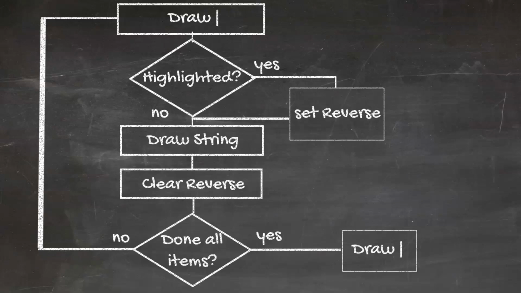I want to highlight another trap or missed trick that I see a lot of beginner programmers fall into. And that is looking for, or rather panicking about, and trying to avoid the don't care or doesn't matter cases. Notice I always turn off highlight. People get caught up in the, well, I should only turn it off because it was turned on mentality. But if it is off and I turn it off,